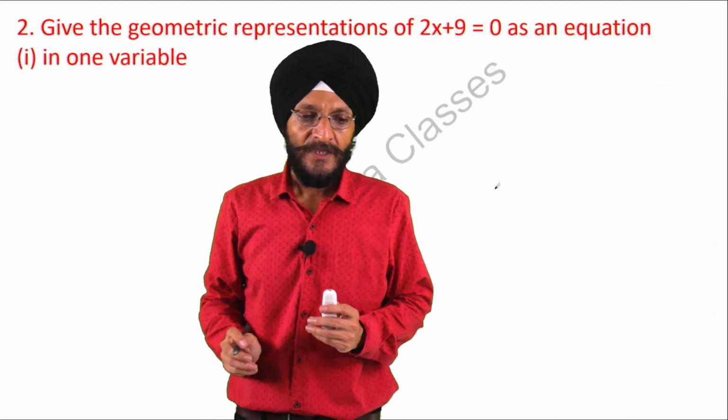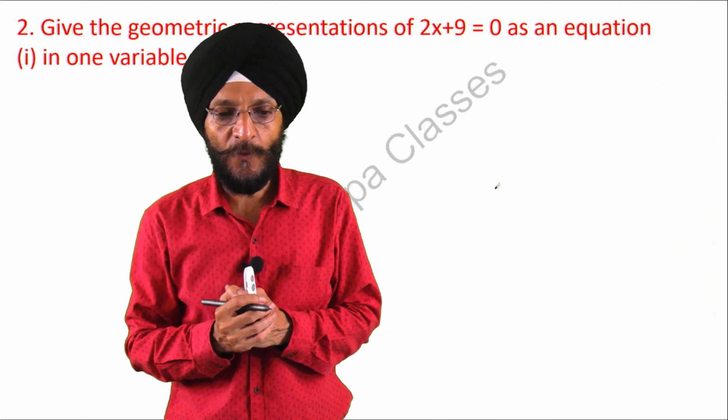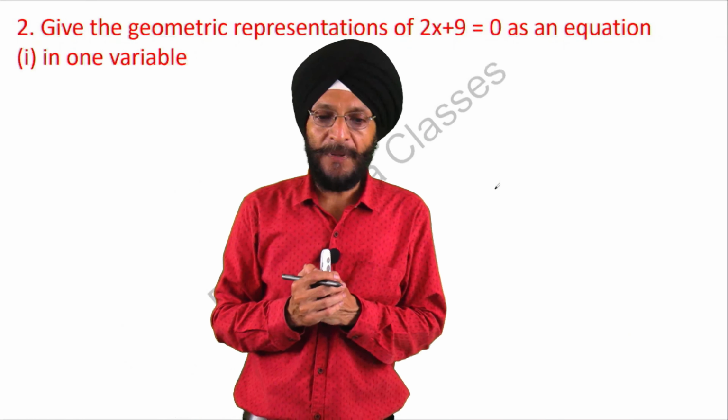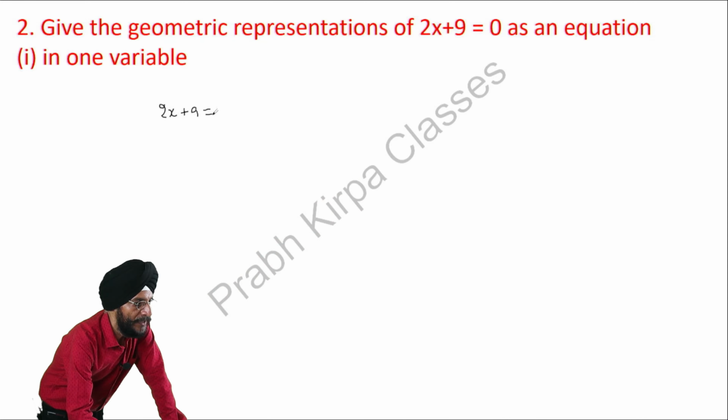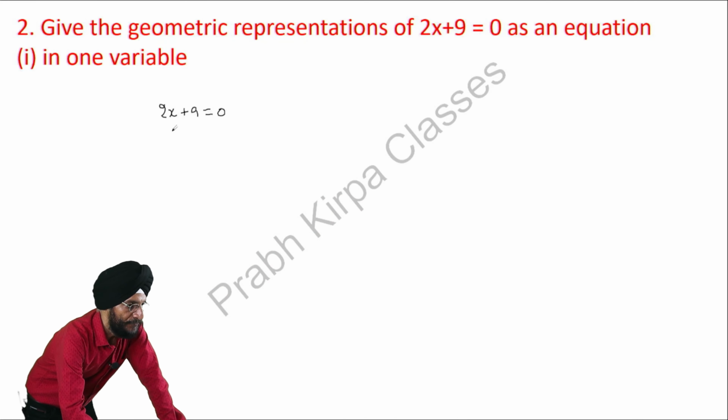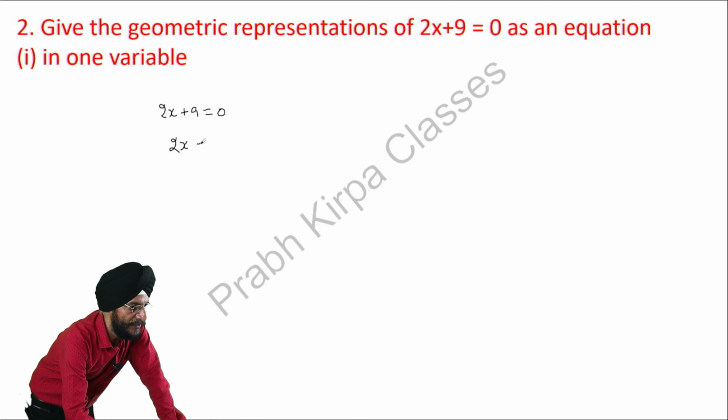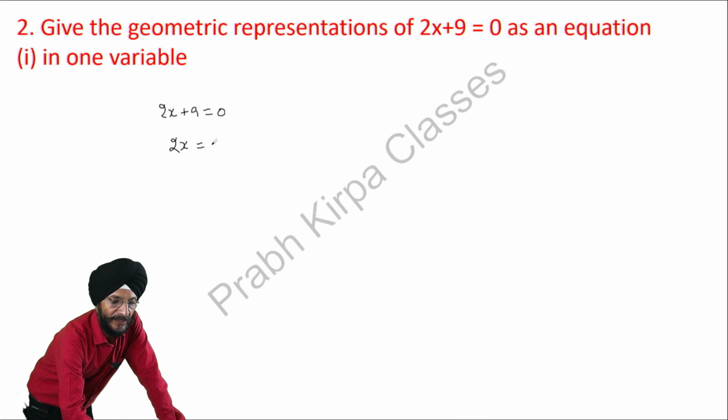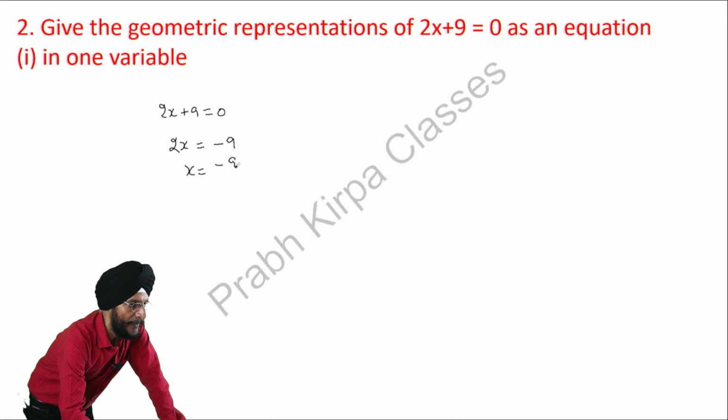Next question, give the geometric representation of 2x plus 9 is equal to 0 as an equation in one variable. This is a very simple question. Here it is given 2x plus 9 is equal to 0. In the other case, we can also say it as 2x is equal to, here 9 will go to the right hand side and it will become minus 9. Value of x comes minus 9 over 2, or we can say it as minus